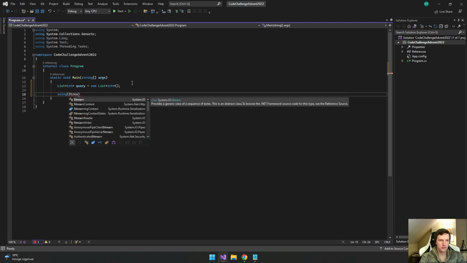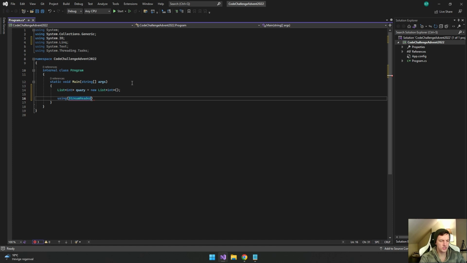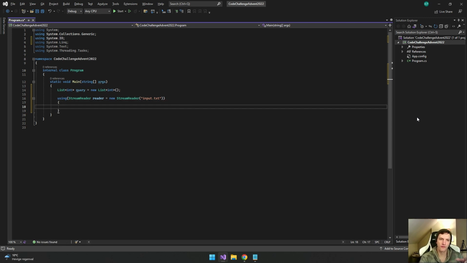It's a new StreamReader, and now you need to set the path of the reader, which is input.txt, and because it is in the debug folder, it will find the text file. Now, while not end of stream, of course,